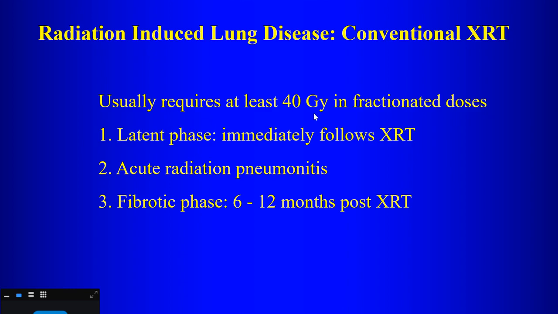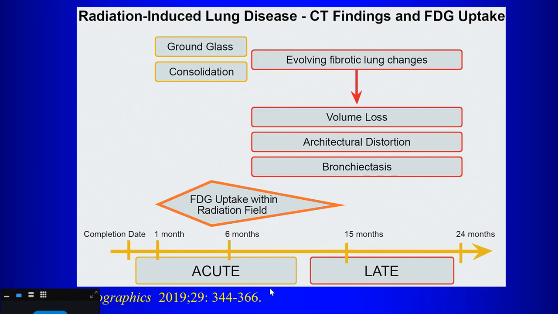So it usually requires at least 40 gray, 3 phases: the latent phase where nothing much happens, then we have acute radiation pneumonitis, and then the fibrotic phase, 6 to 12 months later. This is the classic time course of conventional radiation therapy. So there are acute radiation changes which occur in the radiation field, mostly ground glass and consolidations, and then later on, once you're out past 6 months, you can start to get evolving fibrotic changes with volume loss, architectural distortion,